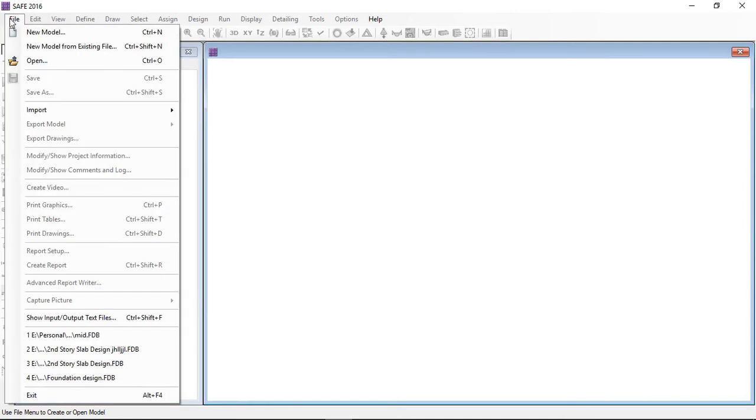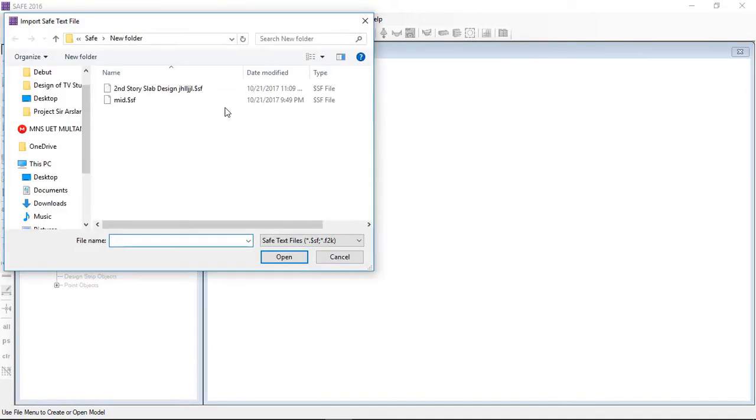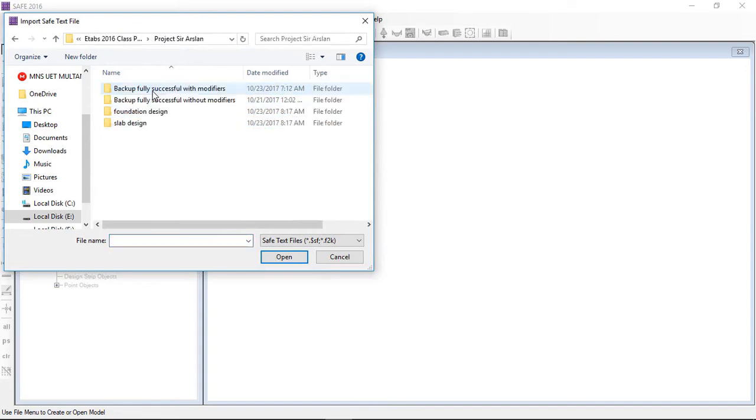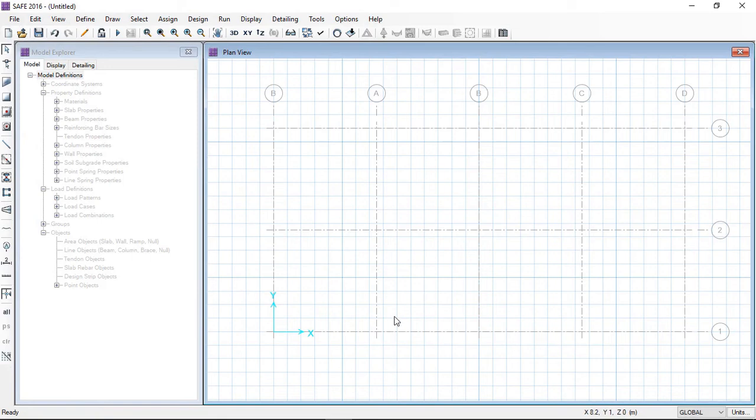After opening the software, I will import the SAFE model. Basically my SAFE model is present in the folder foundation design. This is the location where I have exported our foundations. I am clicking open, selecting the model. This is the grid system as we have seen in the ETABS software. At each column foundation we will provide the spots,